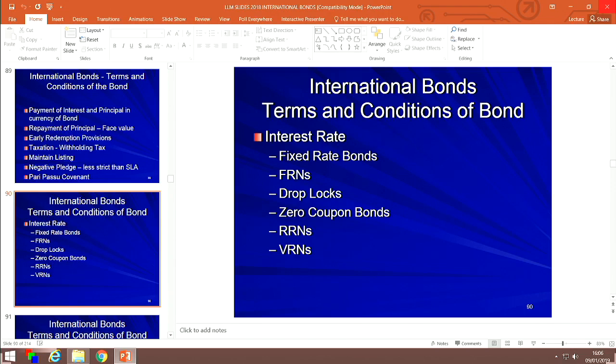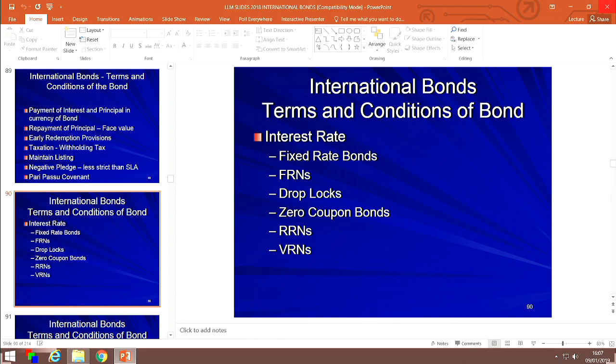Variable rate notes are also notes which pay out on a floating rate basis, but the difference is this. Both FRNs and RRNs, the interest rate clause locks into LIBOR, i.e. it's based on a LIBOR rate. A variable rate note not only refers to LIBOR, but the amount of interest payable is also made dependent on something else. Example, if the dollar-euro rate is above 2 to 1, the investor will have a higher rate of return than LIBOR plus 0.5%.